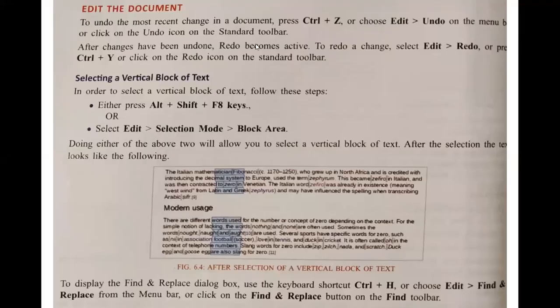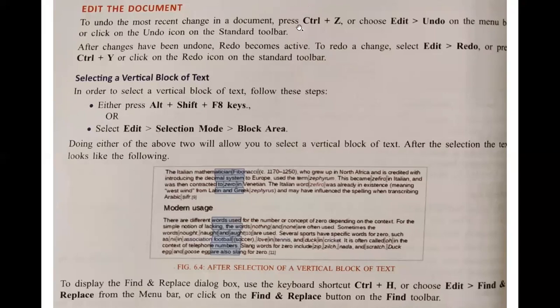So yes, as now we have understood how to use LibreOffice, now we can start. That means the very basic step that we will follow during the editing or processing of the words. The very first step is to understand how to edit our document. Editing means, supposing you are writing some kind of text, but you find that you have made a mistake. Then what will you do? You will just undo, or you can select redo. Undo means to undo the most recent change in our document.